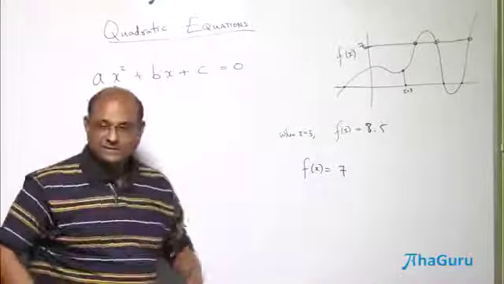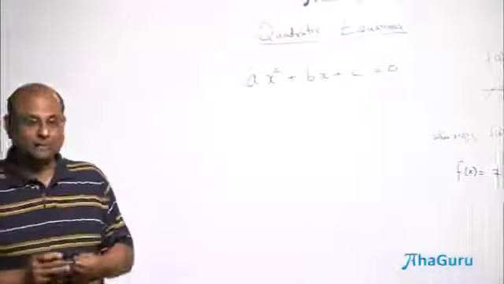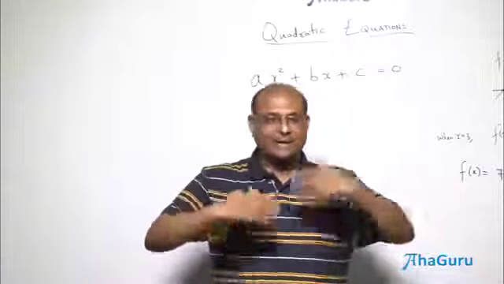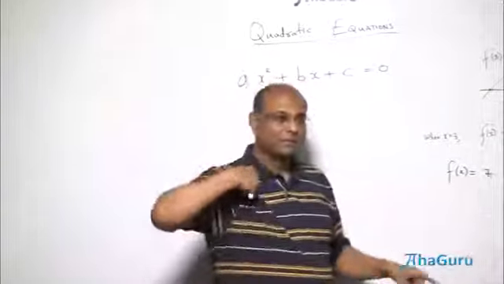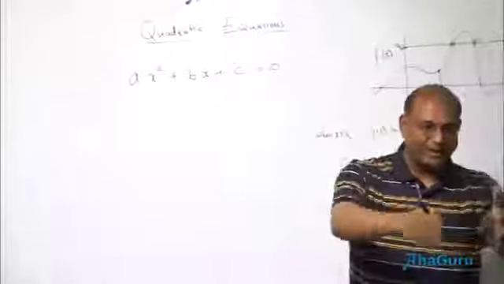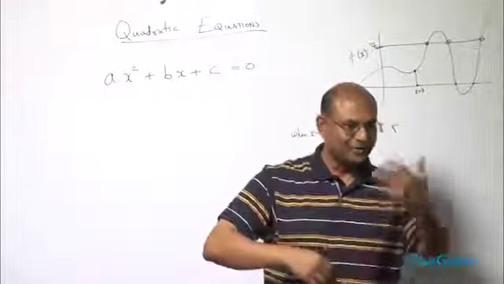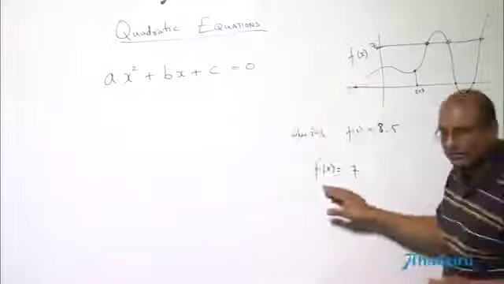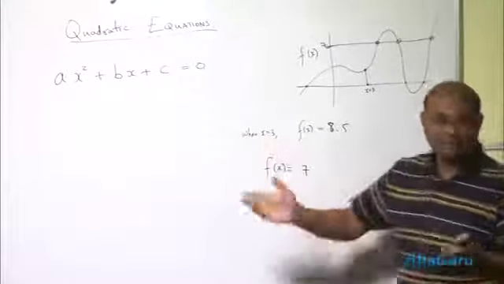And where will we get this? Whenever you have a question and you say, I don't know this quantity, let me call it x, and you read the statement out and you basically convert it into an equation, ultimately you are going to get something like this. My age is so much. 3 times my age plus 4 times your age is equal to something else. Now when I do that, my age is x, your age is y, so we are writing an equation. So what is it going to look like? It is going to look like something in terms of x or y is equal to 7.